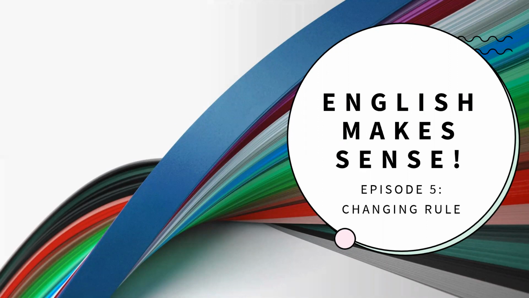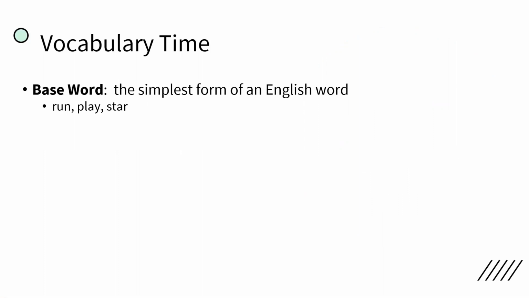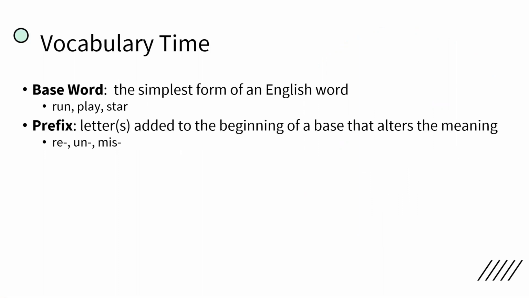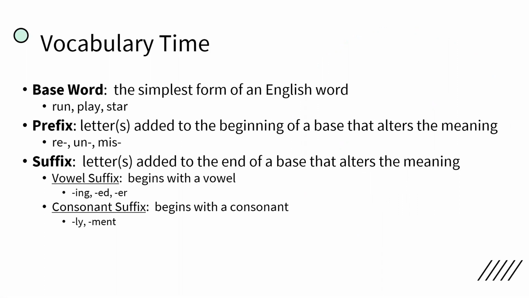In episode 5, we'll be exploring the changing rule. Quick review of vocabulary. Remember, a base word is the simplest form of an English word. A prefix is just a letter or letters added to the beginning of a base that alters the meaning. A suffix is a letter or letters added to the end of a base that alters the meaning of the